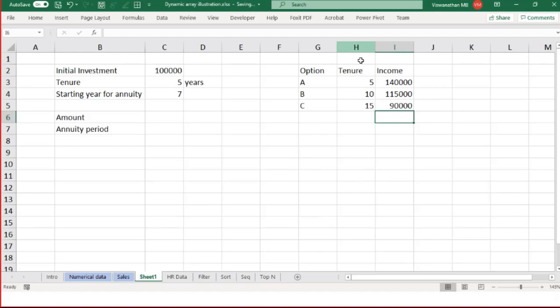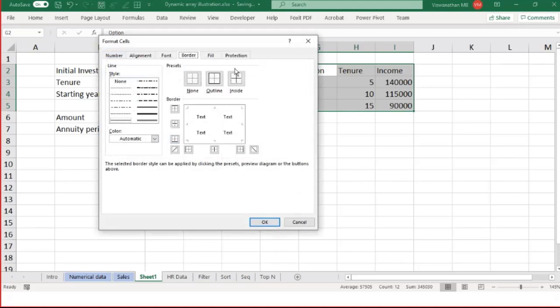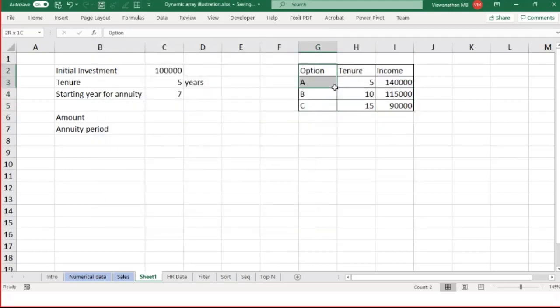Now, these amounts are not kept as a table. It's a table for you and me. Let me tell you what I mean by table in MS Excel. If you just draw a nice border, you and I will think of this as a table. But the question is, does Excel know that this range is a table? Does Excel know the relationship between these values?